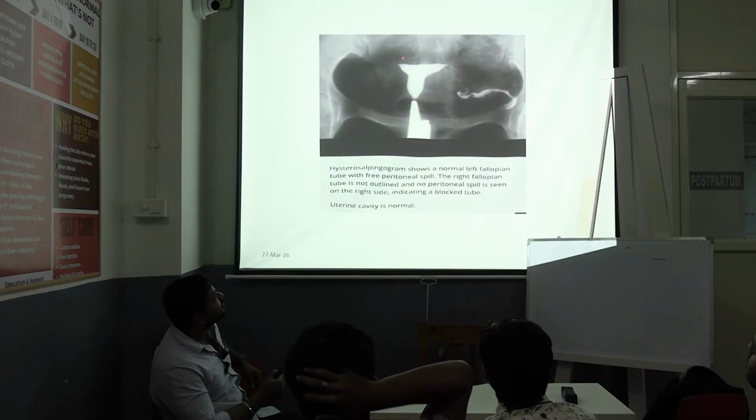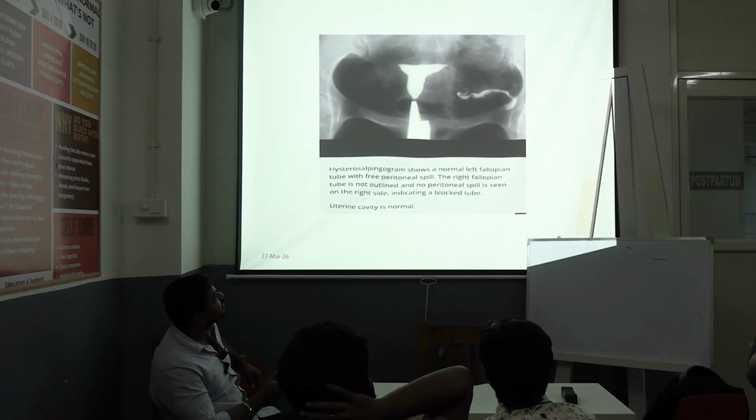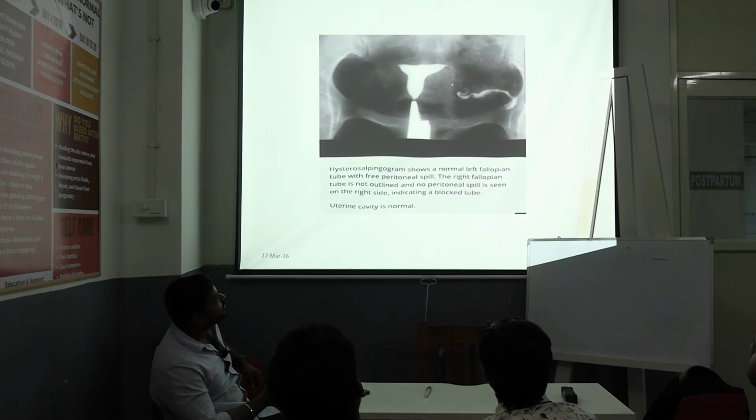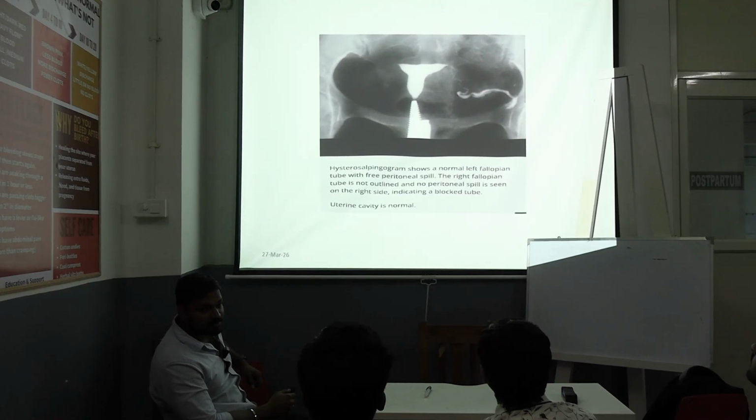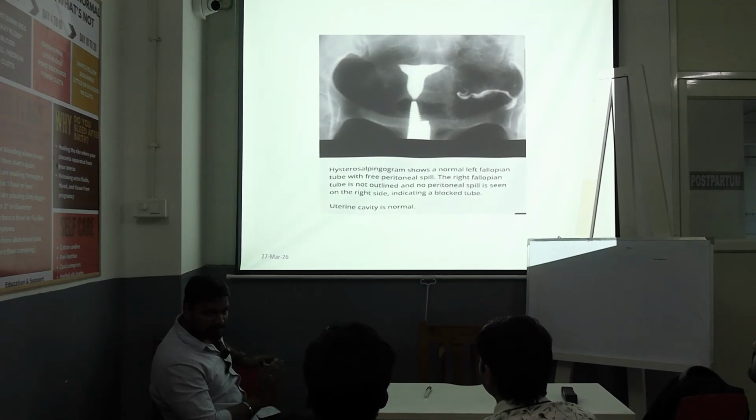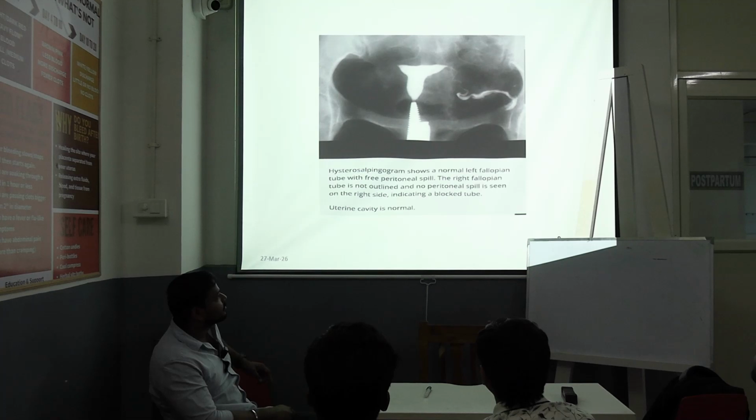See, there is full uterine distension হয়ে গেছে, this is right side there is spillage, tubes are patent and there is spillage in the peritoneum, but left side there is a block, ঠিক আছে।